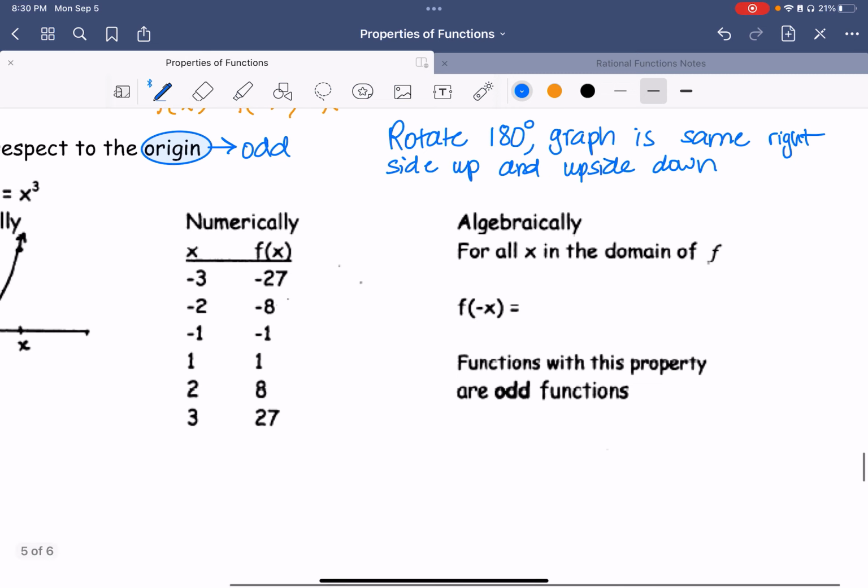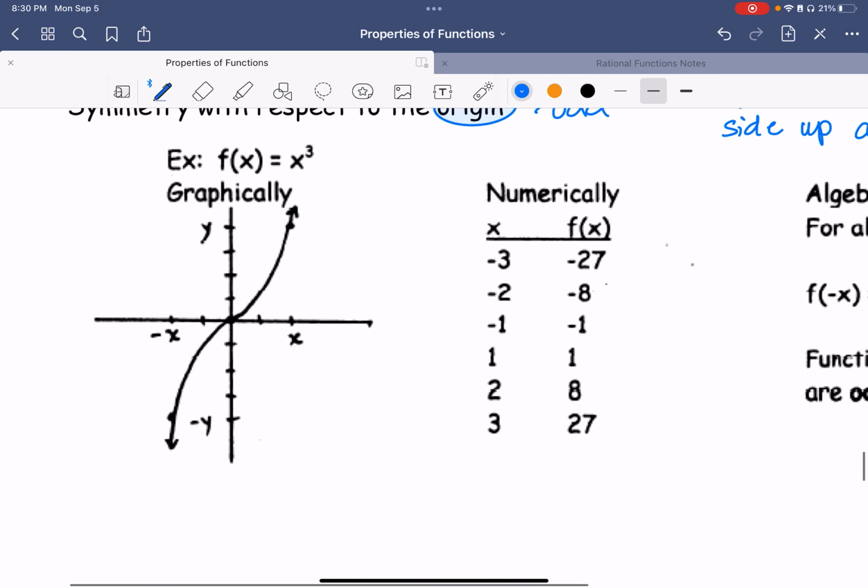Okay, so here's our first example of odd. F of x equals x cubed. So graphically, if you were to grab your paper right now and turn it upside down, you would see that they are the same upside down. Okay, we have a point here, positive x comma y. Okay, x, y. And this one is negative x, negative y. They're just not written there, so I'm writing them now. Okay, and like I said earlier, your x values will always be